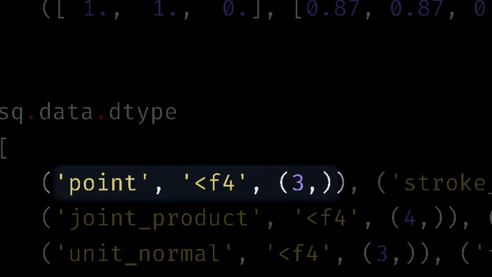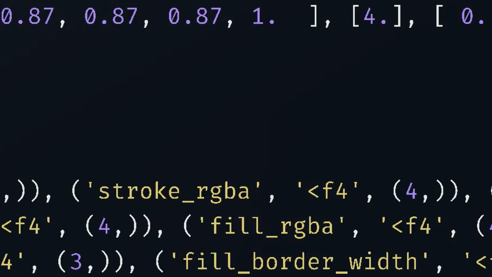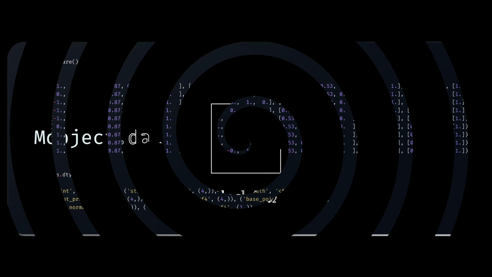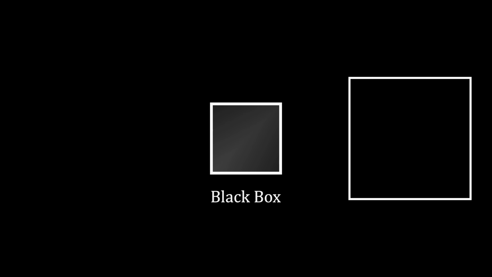It signifies that the point information about this square is stored in the data attribute as a tuple of 3 elements, which is x, y, and z, basically the Cartesian coordinates. And in the same way, we have the information about the stroke RGBA, stroke width, and many more. This data attribute acts as a medium to communicate between the scene and the shaders.